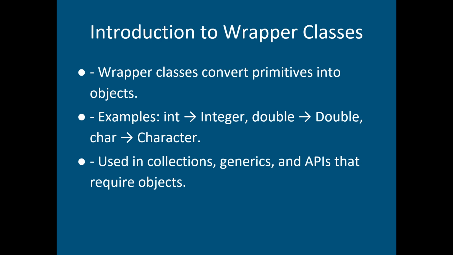Mainly we use wrapper classes inside our collections APIs, generics, and whenever we are creating our own custom APIs and creating our objects based on the requirement. In that scenario we have to use a wrapper class. I'll show you some code so you will understand, and explain some basic concepts about autoboxing and unboxing, a very important concept whenever we are talking about wrapper classes. Then I will move to the unknown facts and confusion I was talking about. So let's go to Eclipse and see how to create a wrapper class object and what autoboxing and unboxing are.